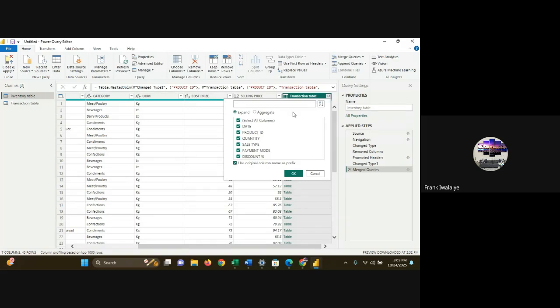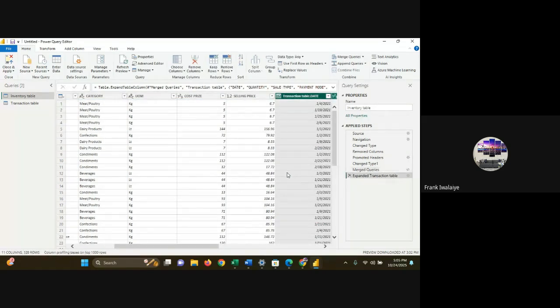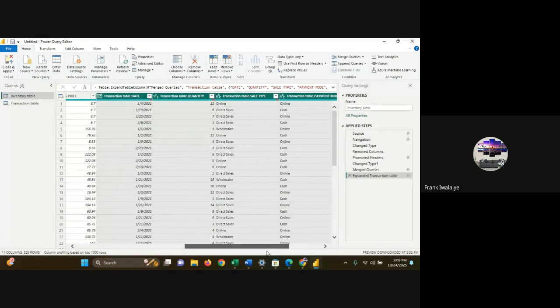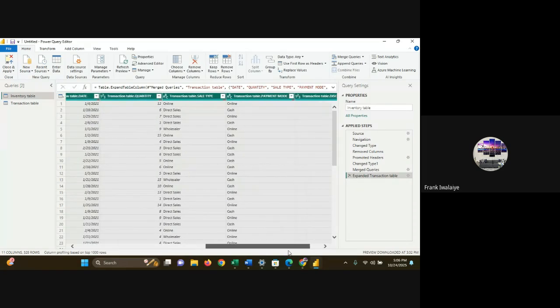Yeah, expand. Then we remove our product ID, because we don't want two product IDs, since each of them is a different column. We don't want our product ID to duplicate twice. So unclick the product ID column and click on OK. We also need to do our renaming. And look at this data set now, as you see, when we merge them,